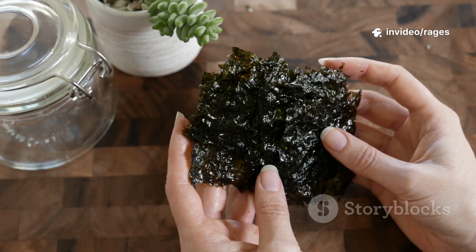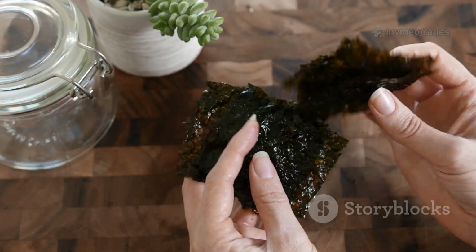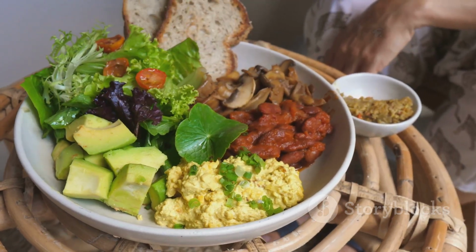For those who enjoy plant-based options, certain seaweeds are very rich in iodine, but be careful not to have too much. A balanced approach from different food sources is the best way to ensure you are getting enough of this vital nutrient. If your doctor finds a lump or suspects a thyroid issue, they will likely refer you to a